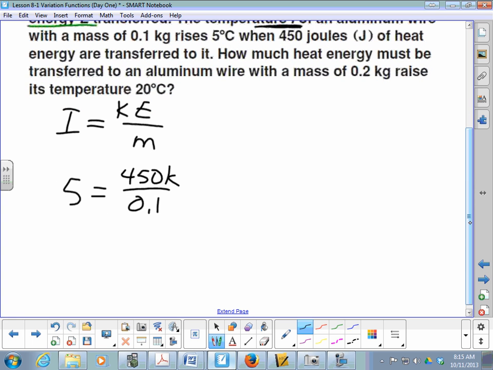So I have to solve for K. I have two choices. I can divide 450 by 0.1 first, or I can multiply both sides by 0.1 first. It doesn't matter, whichever one you want. I'm going to multiply by 0.1, so we get 0.5 equals 450K. Then when I divide by 450, we get K equals